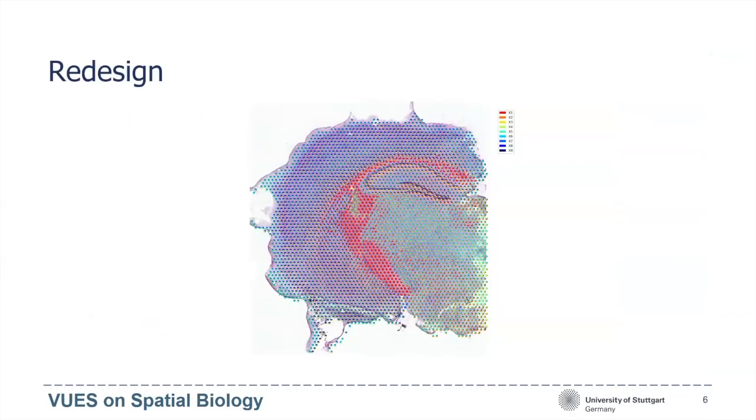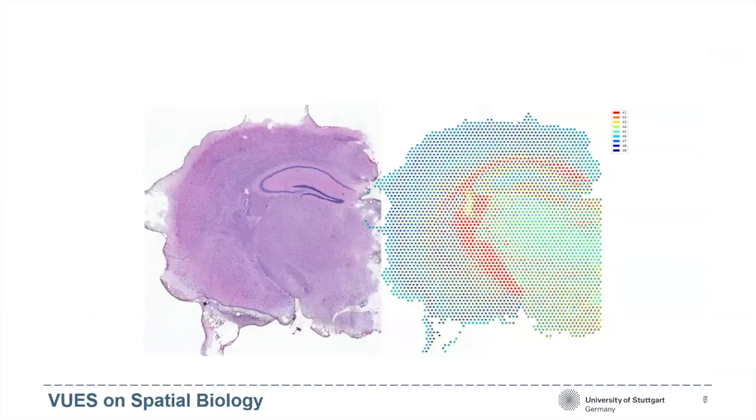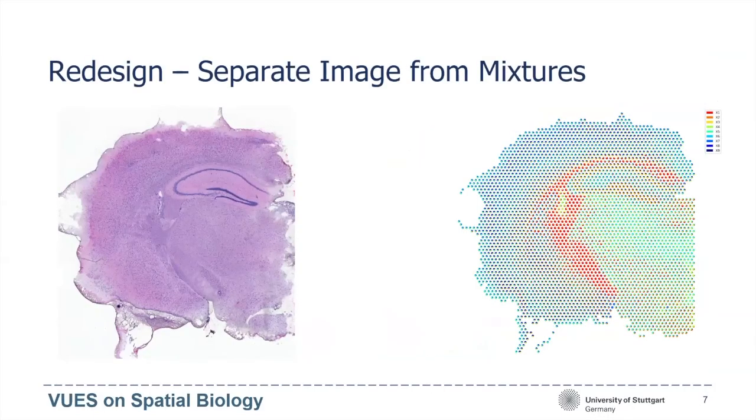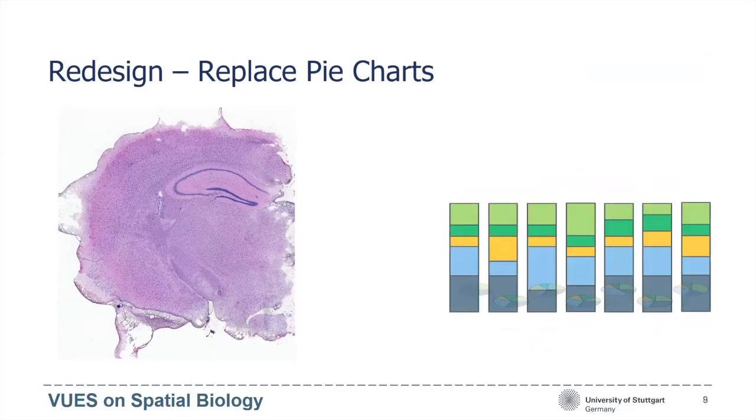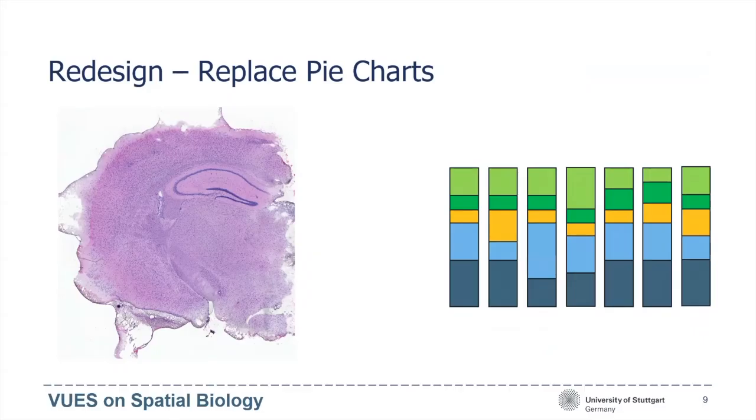So this brings us to the redesign of this visualization. As a first step, we choose to separate the histological image from the cell type mixtures. Next, we want to replace the pie charts with a different representation of the mixtures. For this, we choose stacked bars, which also provide a nice parts-of-a-whole representation. These bars are then displayed next to each other, as in a regular stacked bar chart. Since we lose the spatial information by doing so,